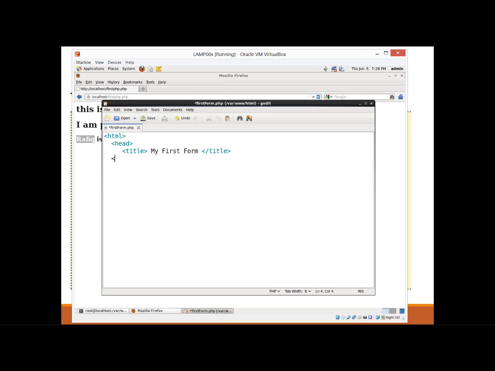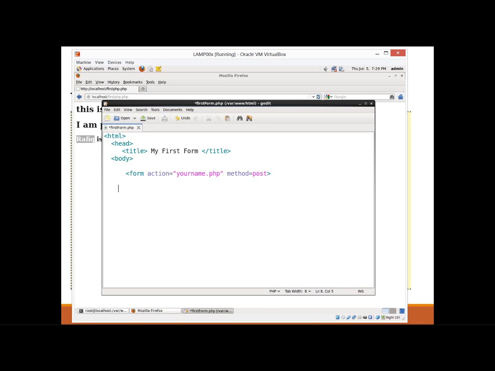This is all HTML so far, and I'm going to begin my body, and I'm going to do a form action your name PHP, and I'm going to say method is post,